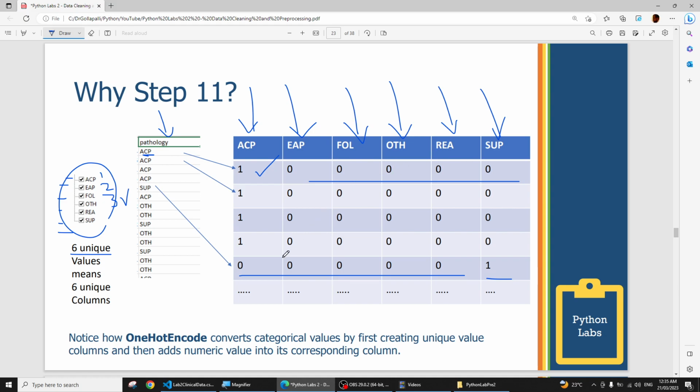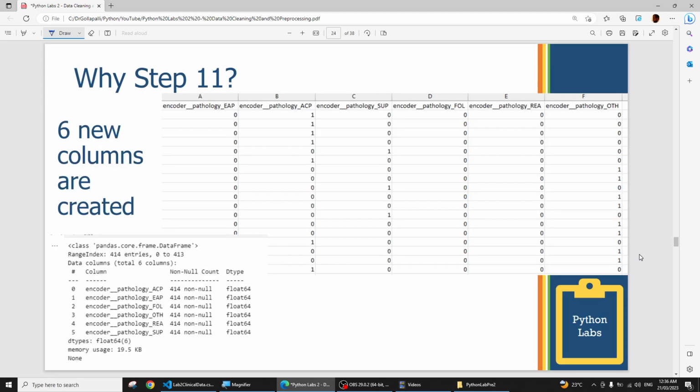This is actually an advanced technique, and one of the best practices in machine learning, which is very much needed, especially if you have data in text in different categories and you want to convert those categories into numerical values. I hope that's clear. Here is an example of how the data looks. You see the 6 categories, so 6 columns, and wherever that category is there, it will enter as 1, the remaining as 0. And you can also search and view the